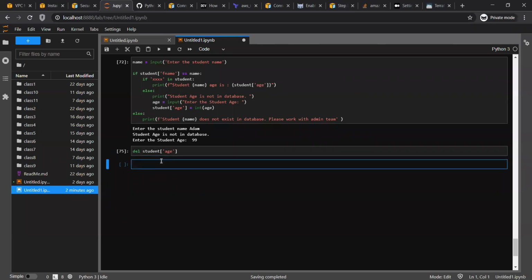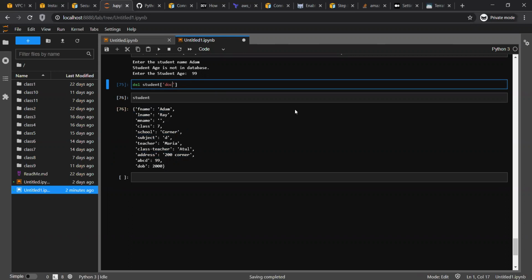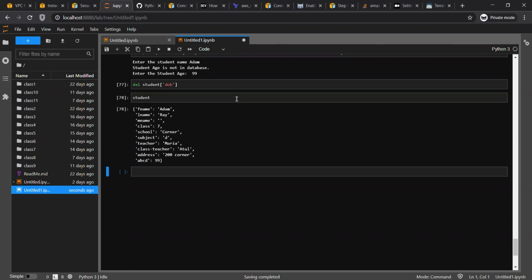Yeah, it was a del. So now if you see, age is gone. If I put del dob and run again, dob is gone. So that's one way to delete a particular key from